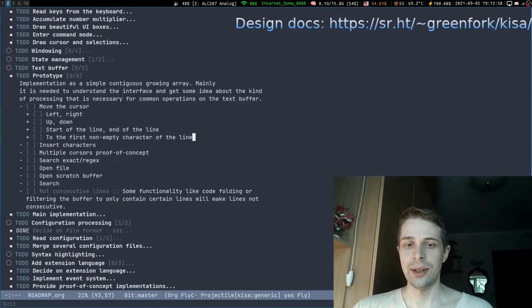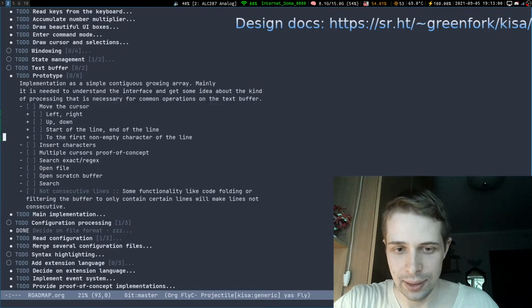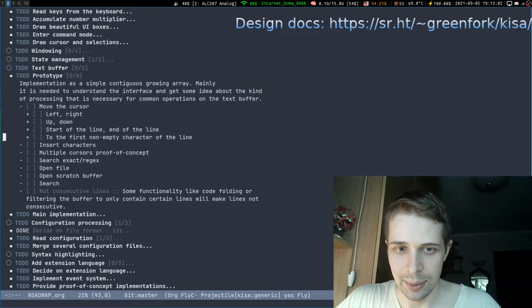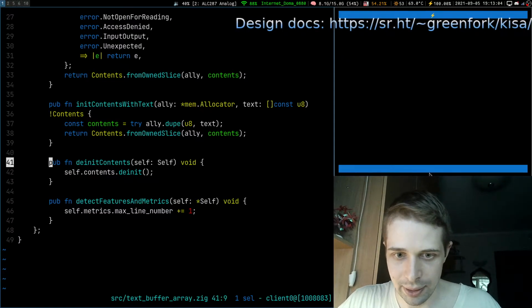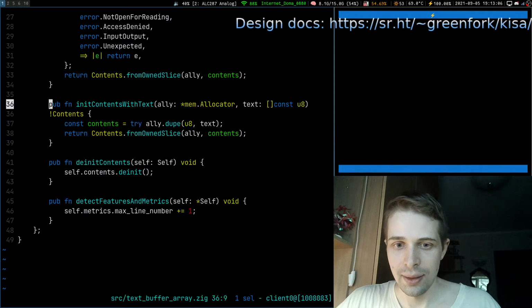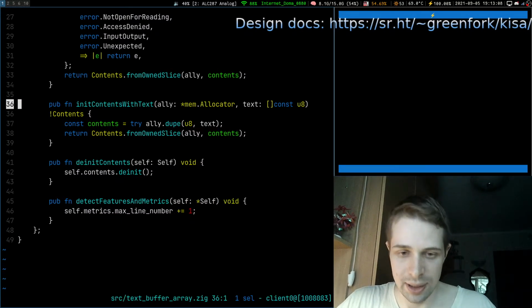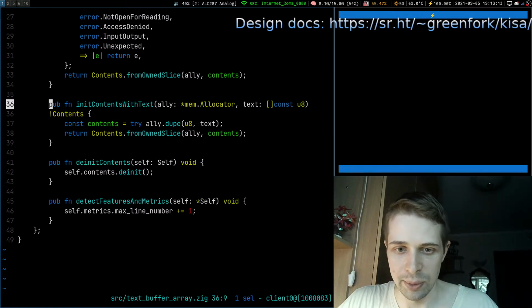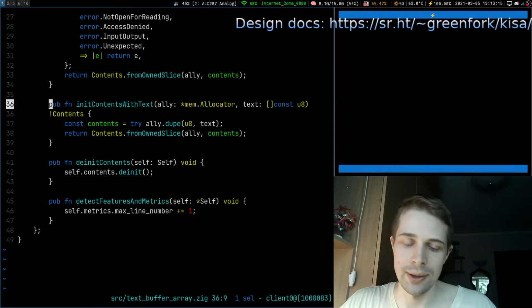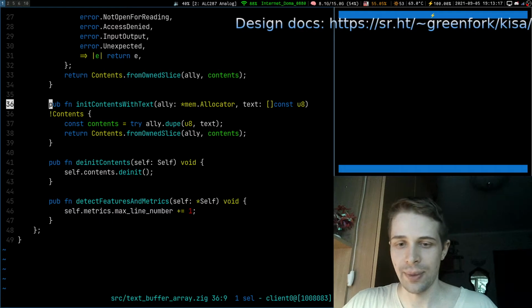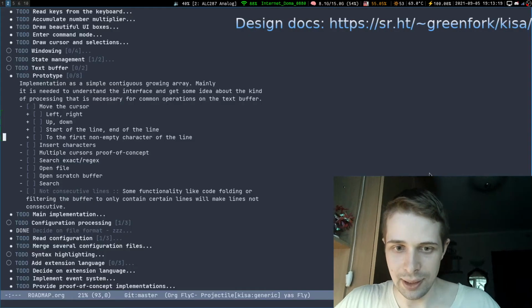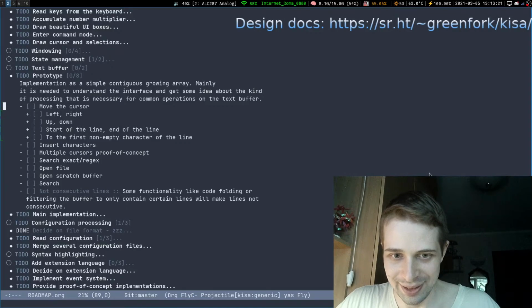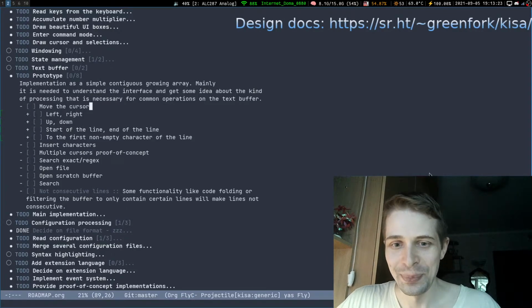Right now it is at the beginning of the line, but let me demonstrate it here. If I would like to move to the first non-empty character, it will be here on the P of the word pub. Okay, so I think it is more than enough for now.